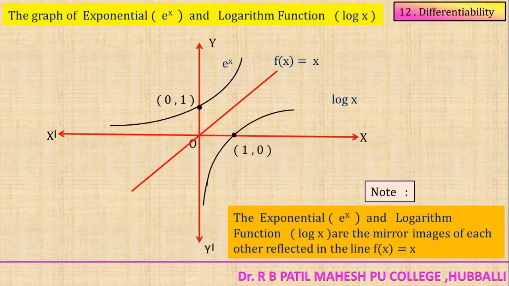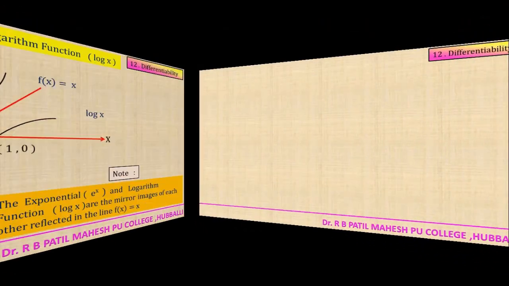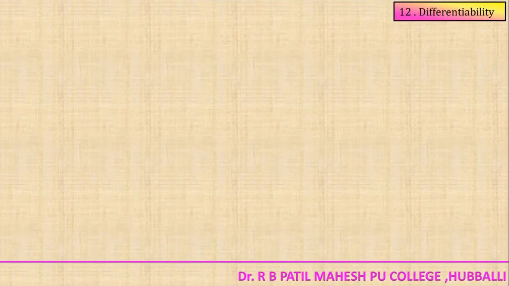The exponential function and the logarithmic function log x are the mirror images of each other, reflected in the line f of x equal to x. Okay, so next is